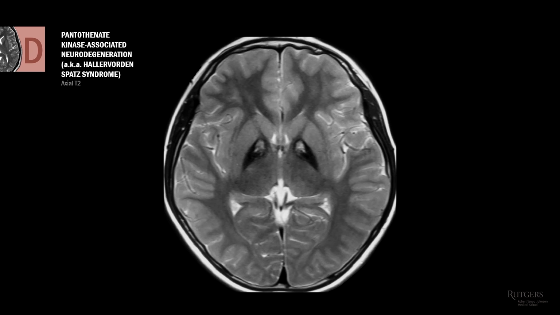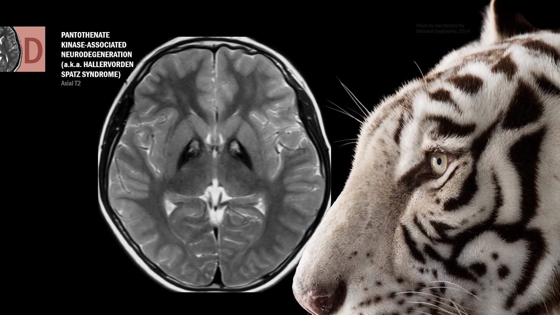Remember Wilson's disease? Was that lesion bright or dark on T1? Bright, and T2 is opposite of T1, so the dark signal on T2 in this image is iron accumulation. The bright signal is gliosis, which corresponds to the iron-damaged basal ganglia. This sign is called the eye of the tiger.